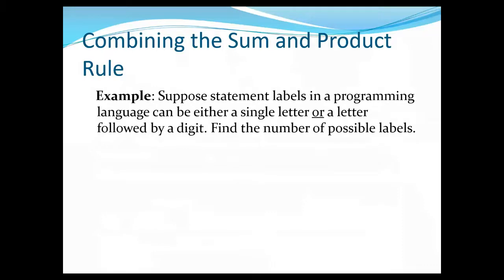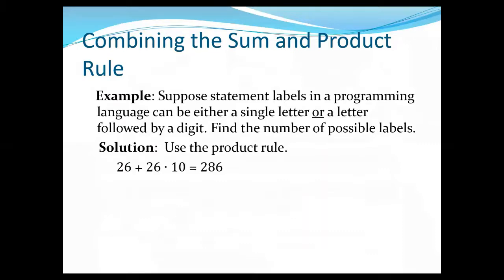So how are we going to determine the possible labels? First, the first option is the single letter. How many single letters do we have? We have 26. So that will be the first option, 26 characters, plus the other group, characters and digits. So letters for the first position, 26, followed by the 10 digits, multiplied, we have 260, plus 26, we have 286